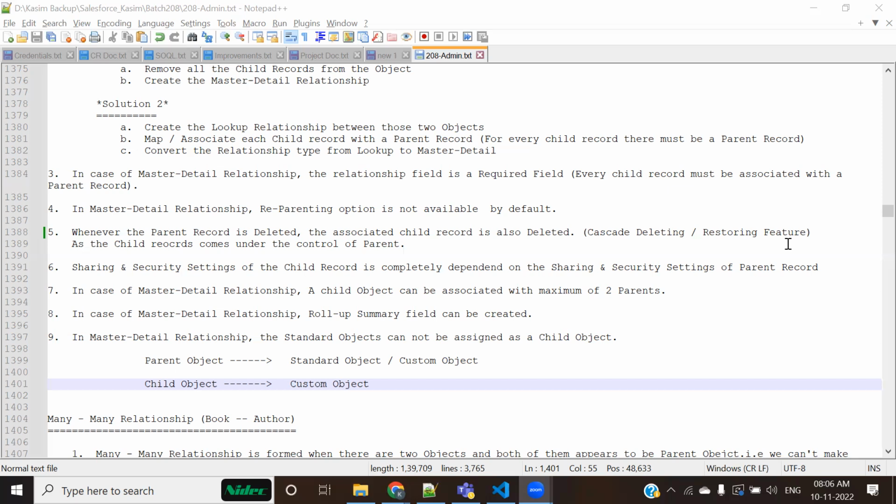This is very important. Apart from knowing what types of relationship there are, how to create a relationship, what the differences between lookup and master detail are, everybody knows this. You can go watch videos on YouTube for free, no need to pay anyone for training, those things get discussed there too. There are two types of relationship, lookup relationship and master detail relationship. When you create a lookup relationship, this happens. When you create a master detail, this happens. You will find all of this; it is available freely.